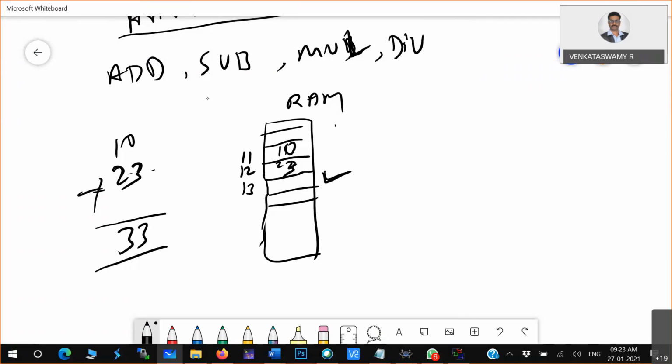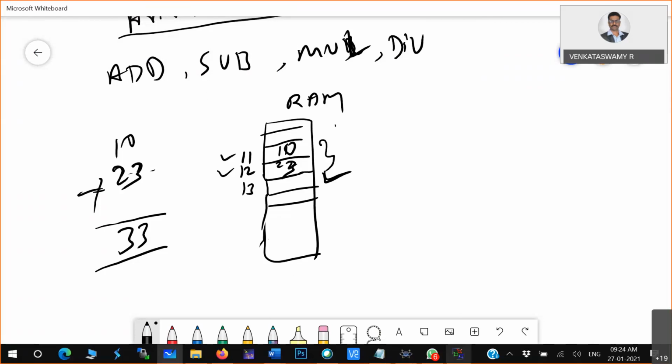So now the thing is the task. I think you should understand here. What is the task? Two numbers are present in the internal memory. I want to add those two numbers and store this particular result in the internal memory itself. You understood the operation I'm trying to do? So I want to take the two numbers from the internal memory, add both, and store the result in the internal memory itself. That is the task. Where are the numbers present? In the 11th and 12th memory locations.